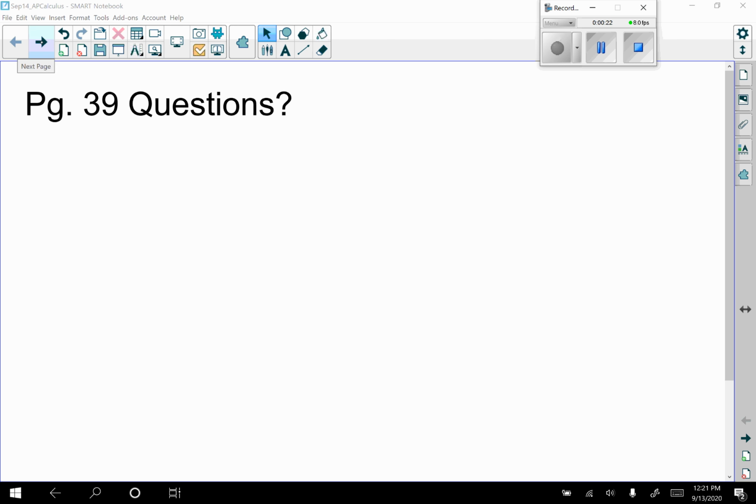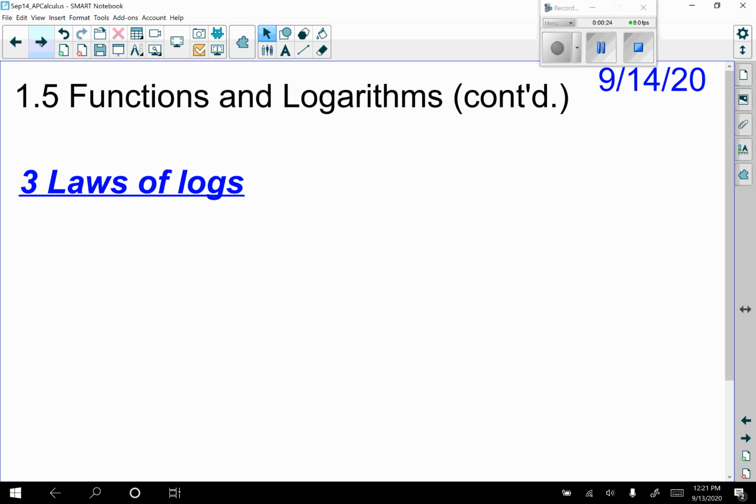All right, so we're still in section 1.5. Now let's rewrite the 3 laws of logs that you had in your Trig Essentials packet. So pause the video and write out what you remember, and let's do them all for log base b. I'll get you started here, and then you can pause the video and write them out in